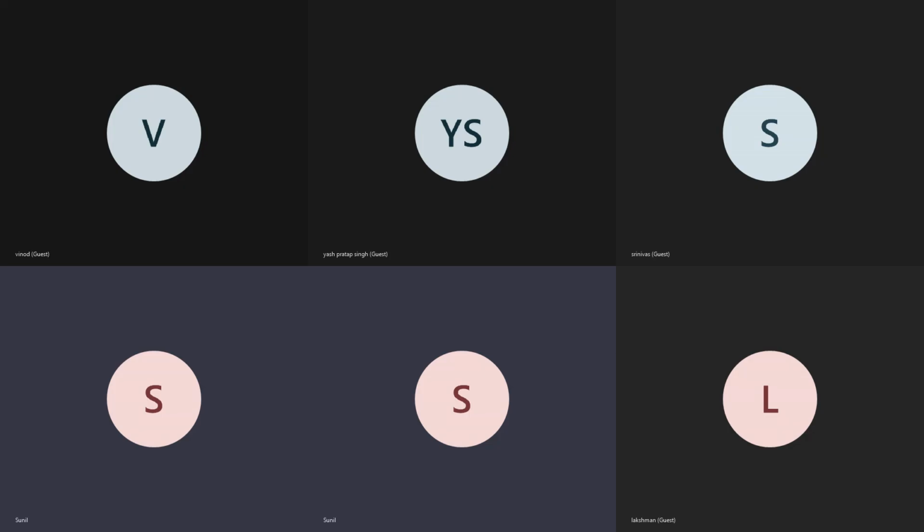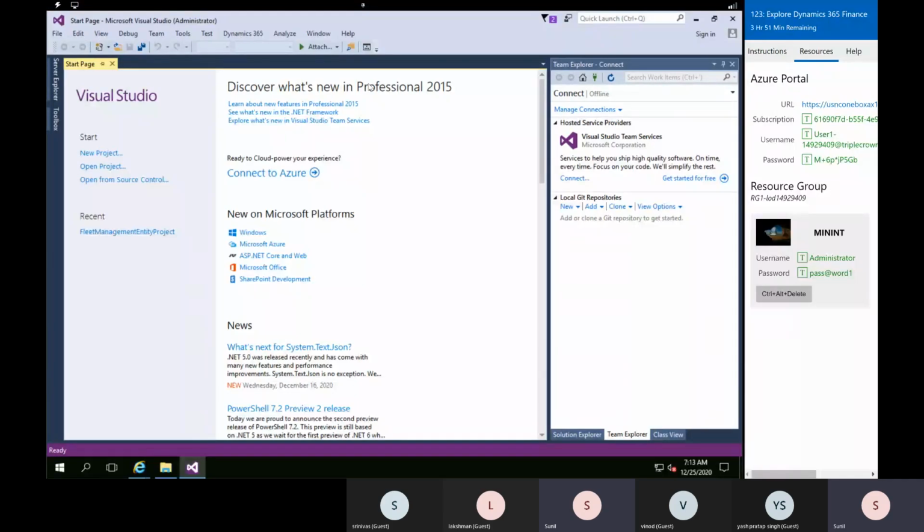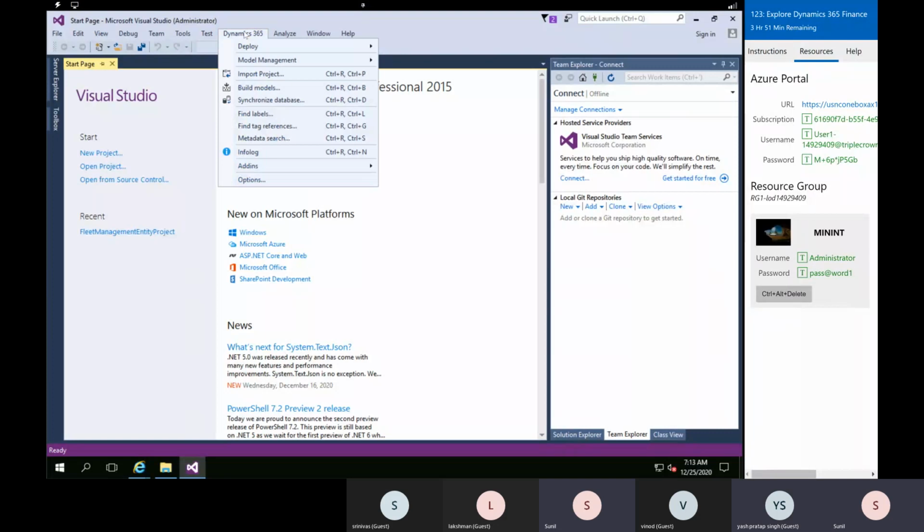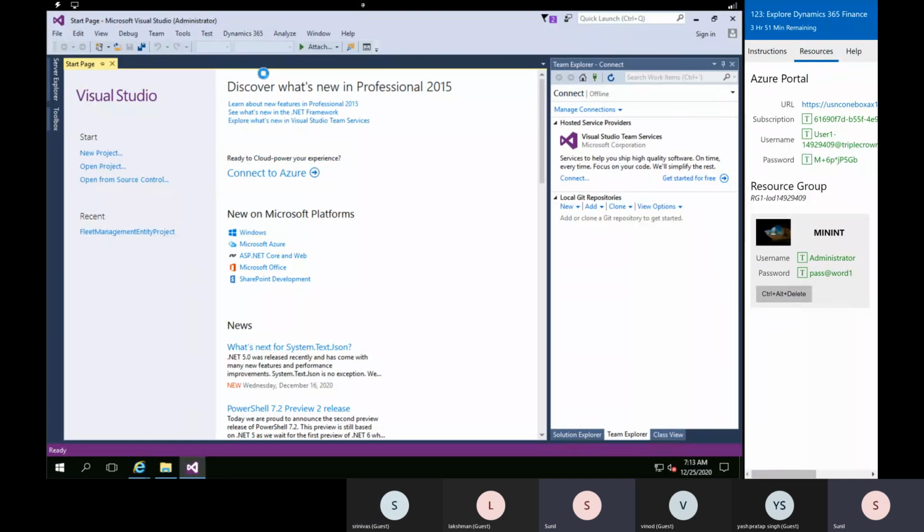AXPP file, which is given from the other environment. So now I am going to import that AXPP file into my new environment. Okay. So go to Dynamics 365. So we have an option called import project. Okay. So once you go to this import project,